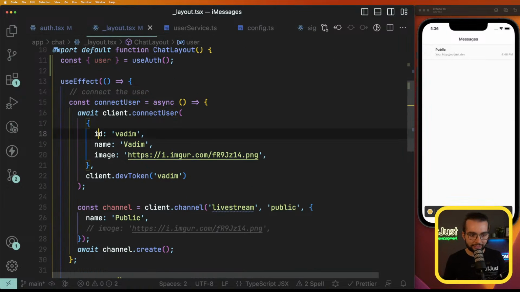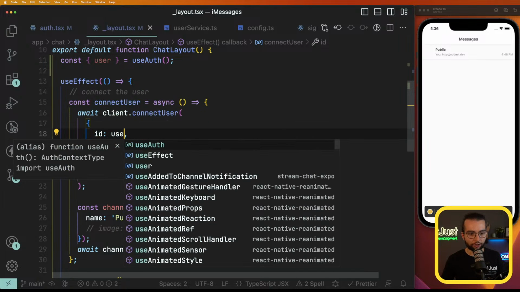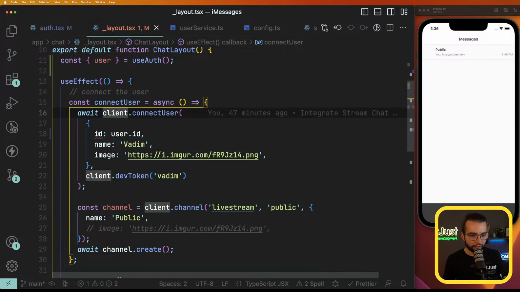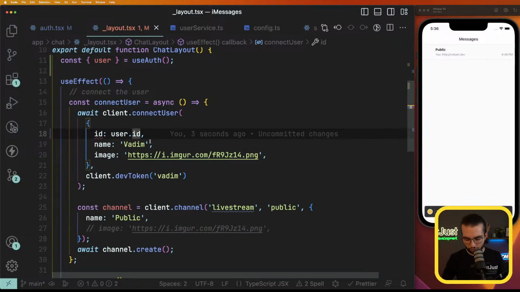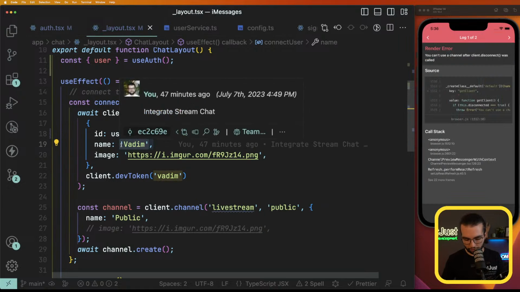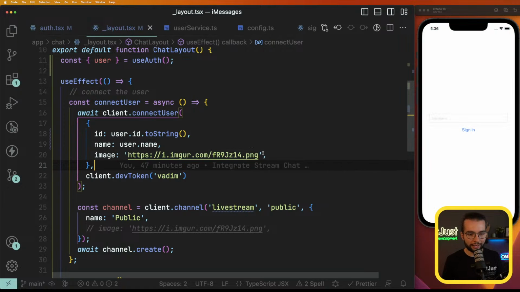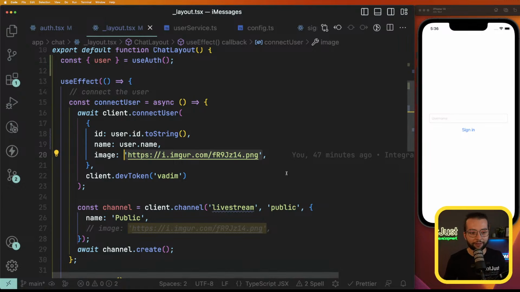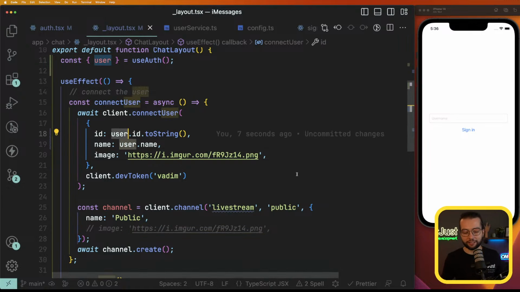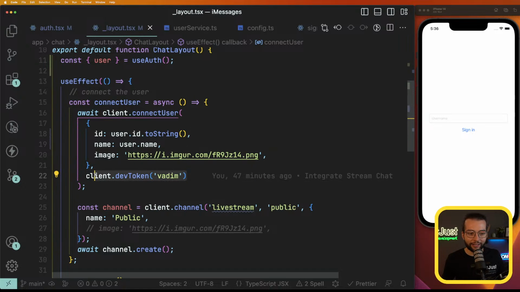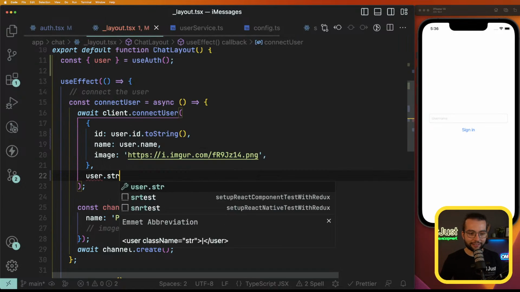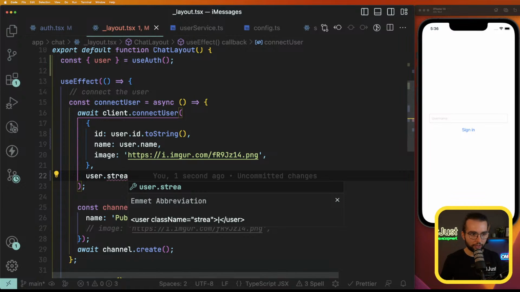And using this user, let's replace here, for example, ID is going to be user.id, and I think this one is a string, so we should also do toString. For the name is going to be user.name. For the image, I'm gonna leave it like this because we don't have a logic of having images in our backend, but in your case, you most probably have images in your backend, so add the URL of the image of a user. And here, instead of client dev token, we can do user.stream, how is it called? Stream